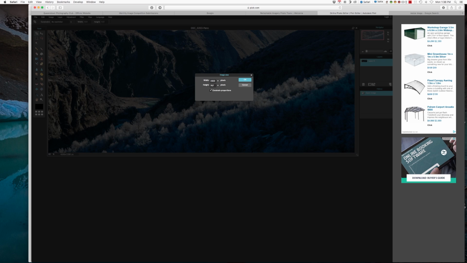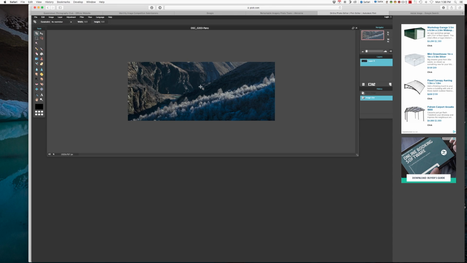There we can see it changing. So those are the same measurements that we've seen in Photoshop and in Lightroom. So just click OK, and there we are. It's resized that one. So all we need to do now is save that image,